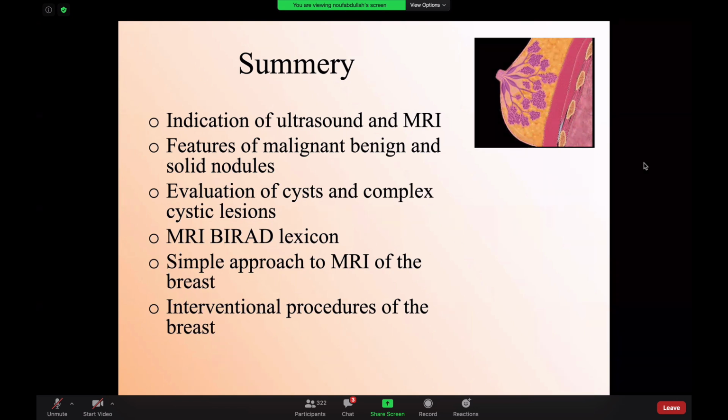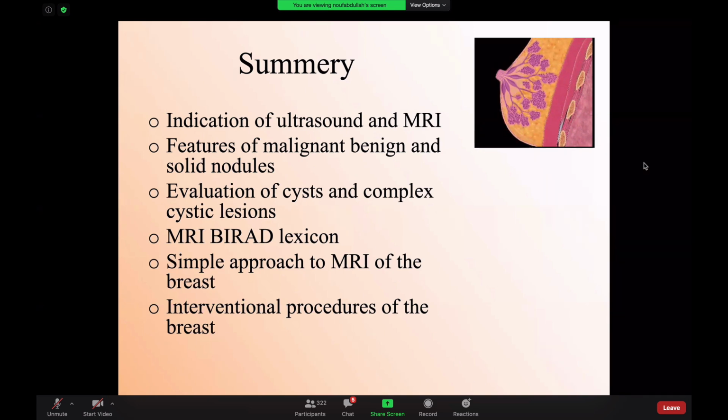We learned about the interventional procedure, guys. So you had to understand what is stereotactic guided biopsy. You learned about the 15 plus, 15 minus appearance. You learned that whenever you do stereotactic guided biopsy, you will take an X-ray of the specimen to be sure that there is microcalcification in the X-ray of the biopsy specimen. You learned that we always put a marker. You learned that once we finish the biopsy, we do a mammogram to be sure that the marker is located in a good location of the biopsy.